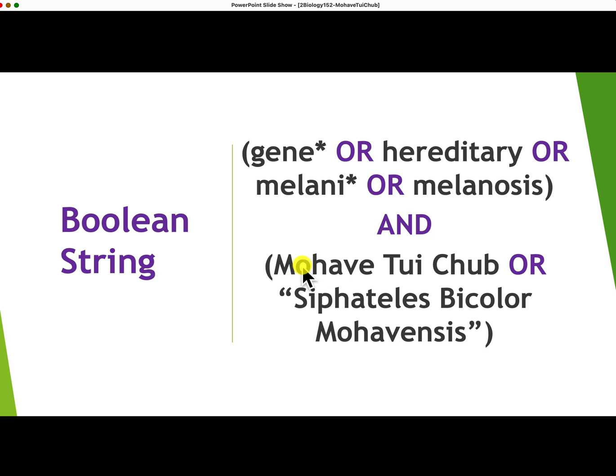And here I've combined my keywords with the OR operator and then used the AND operator to combine the next set of keywords. Once you've thought about that, the next thing you need to do is to go to a database. So if I go back to the online guide,